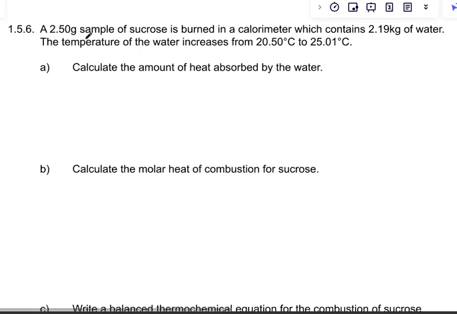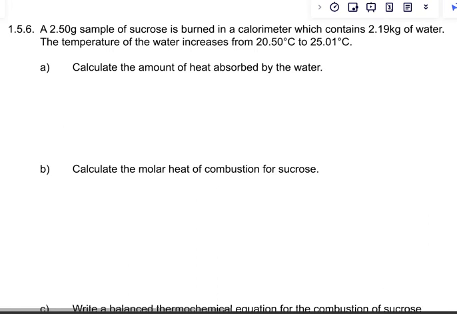A 2.5 gram sample of sucrose is burned in a calorimeter, which contains 2.19 kilograms of water. Water temperature increases. So there are two things going on here. We take some sugar and light it on fire. That releases some heat. Then that heat gets absorbed by a chunk of water, which warms up. And we're going to have to work both sides of that